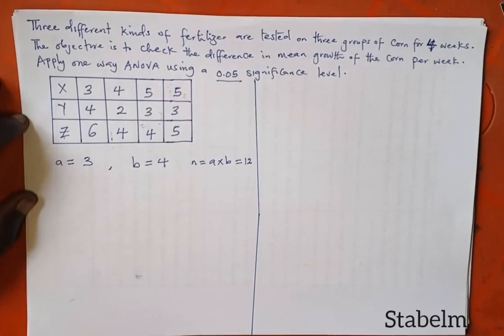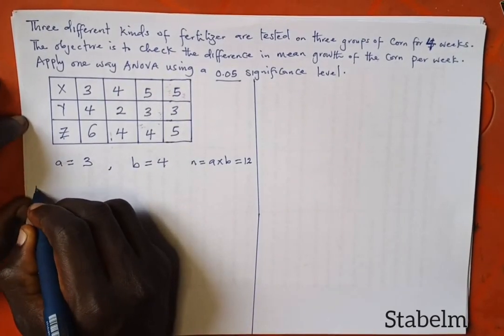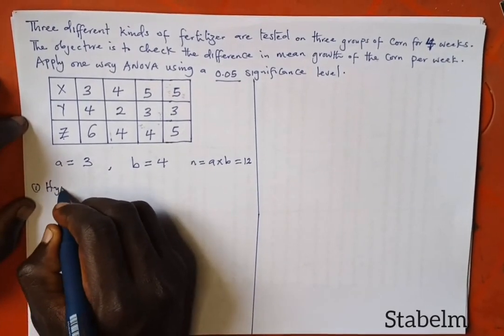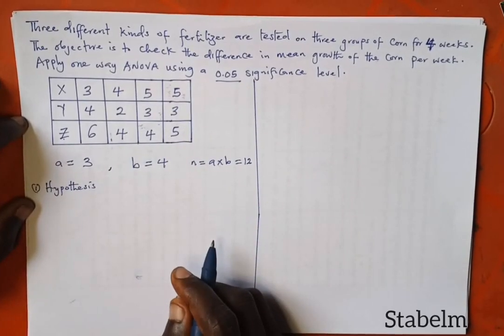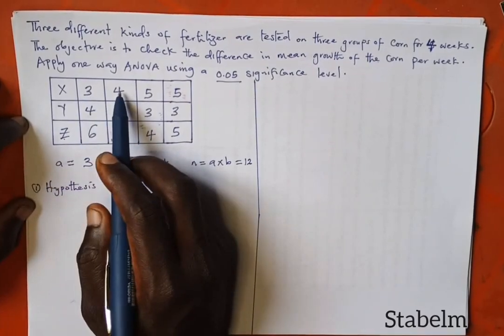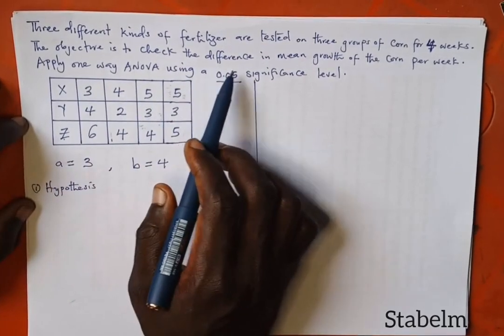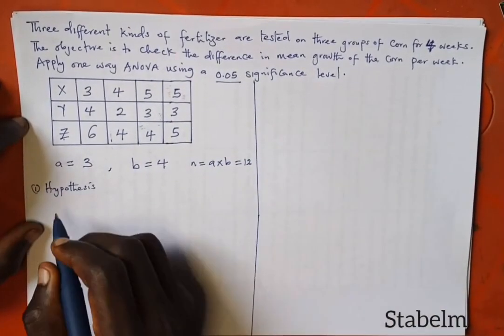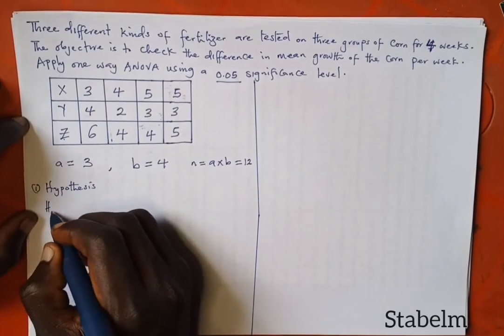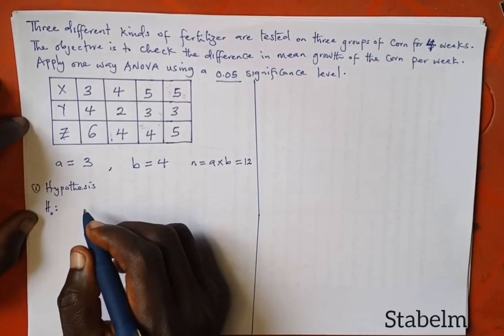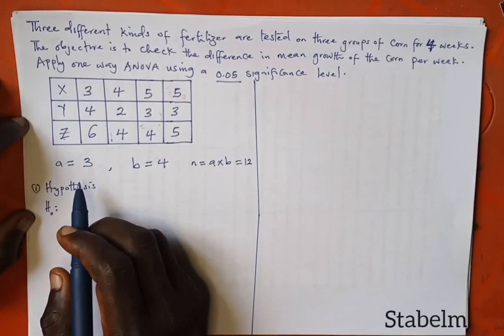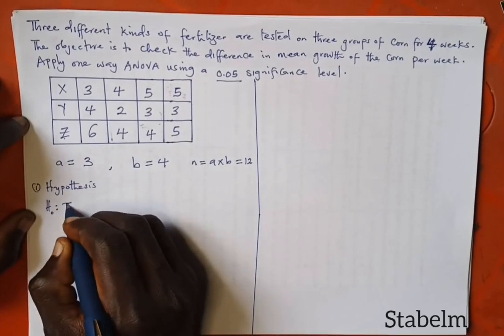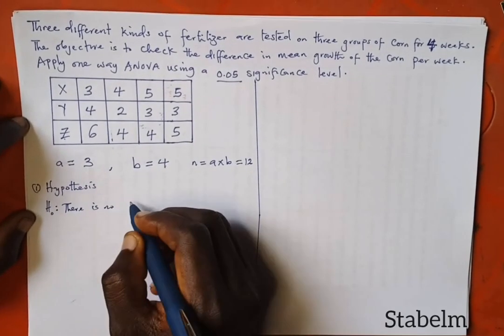Okay. So the first thing we do, this is the first step, hypothesis. We need to state the hypothesis. And what is the hypothesis here? Say apply one way ANOVA. The objective is to check the difference in mean growth of the corn. Just say for H naught, we can just say the treatments are all equal, or we say there is no significant difference